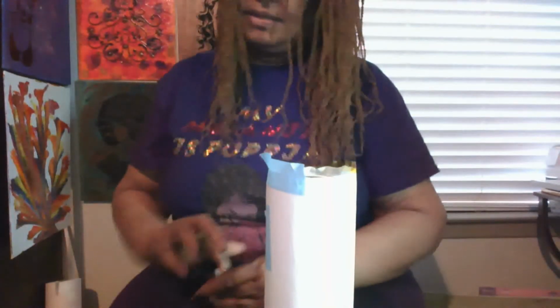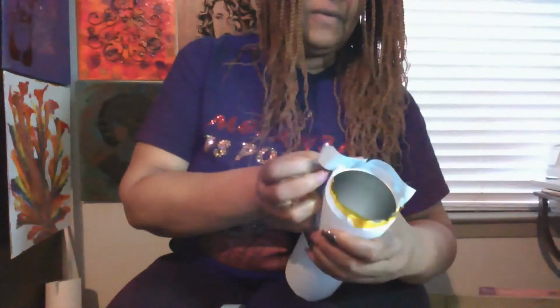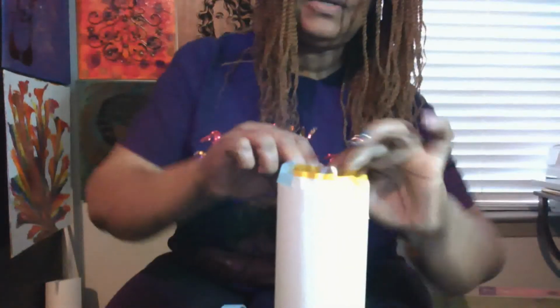All right, I don't really like to use the masking tape because it kind of leaves a stickiness, but it comes off when you wash it, but I just don't like using it. But I also don't feel like fooling with the heat tape because it's getting on my nerves. Okay, so I'm just going to fold this under